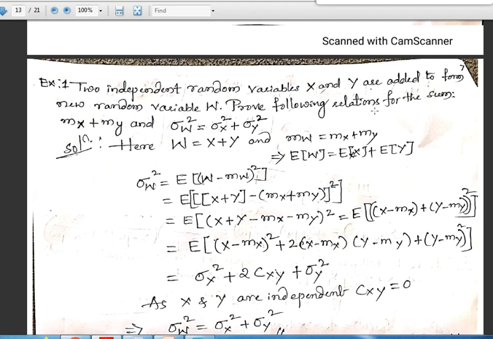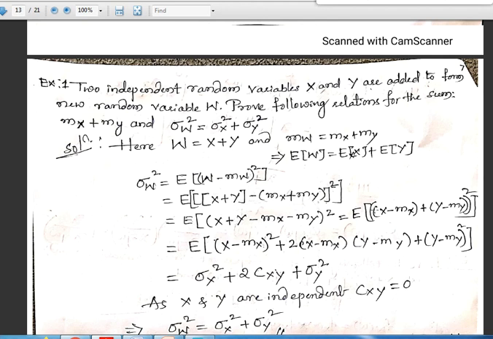Here w is equal to x plus y and mw is equal to mx plus my. By considering this, E of w is equal to E of x plus E of y. Then σ_w squared is equal to the expectation of (w minus mw) squared. When we substitute w as x plus y and mw as mx plus my, after solving we get